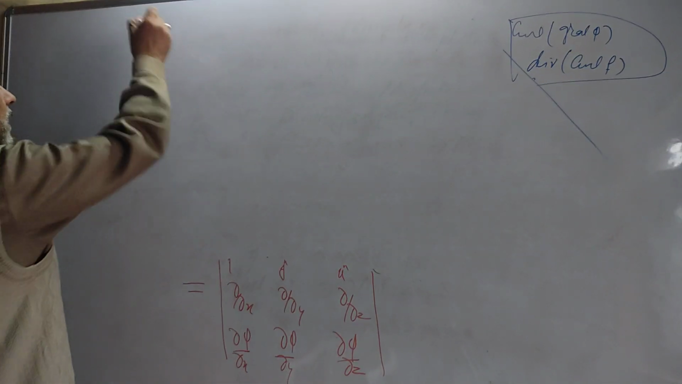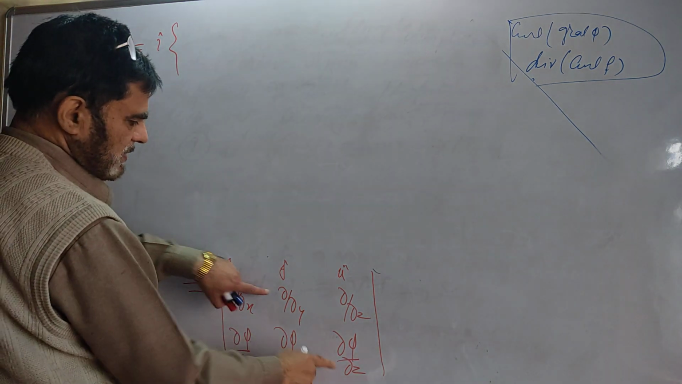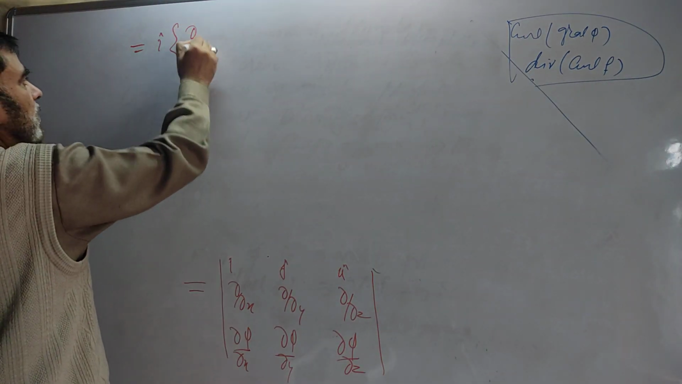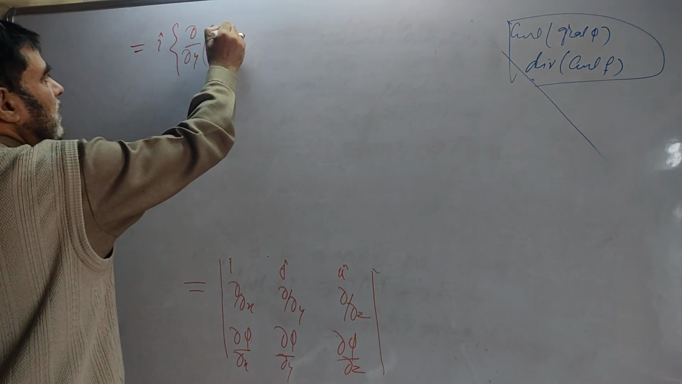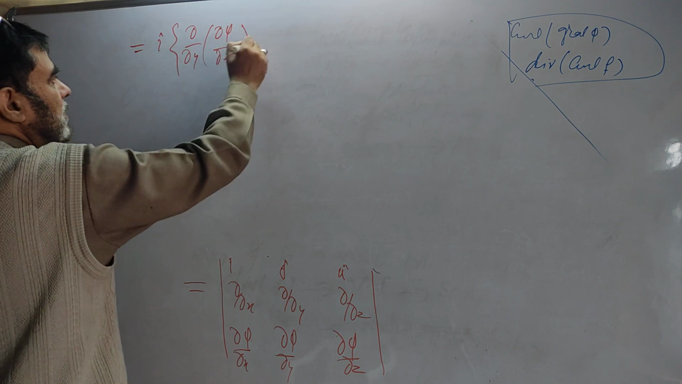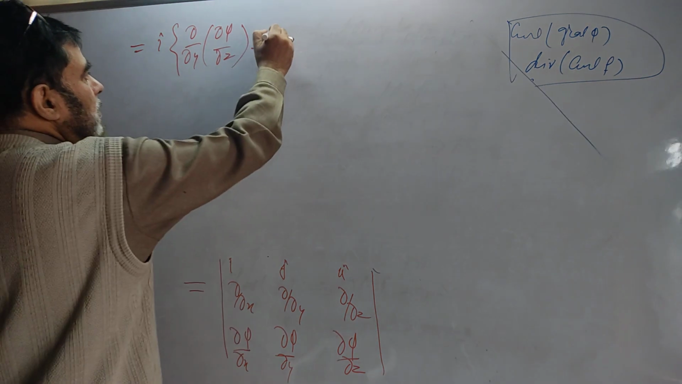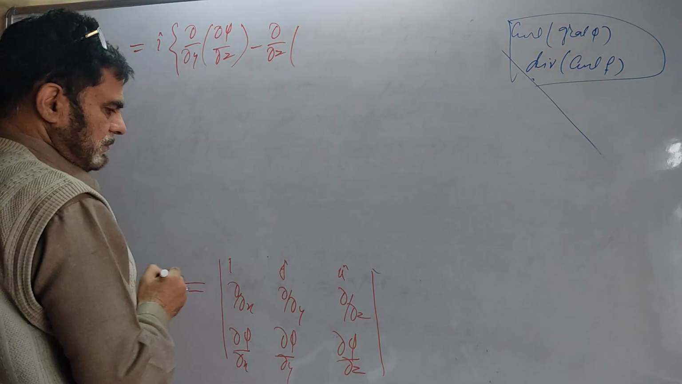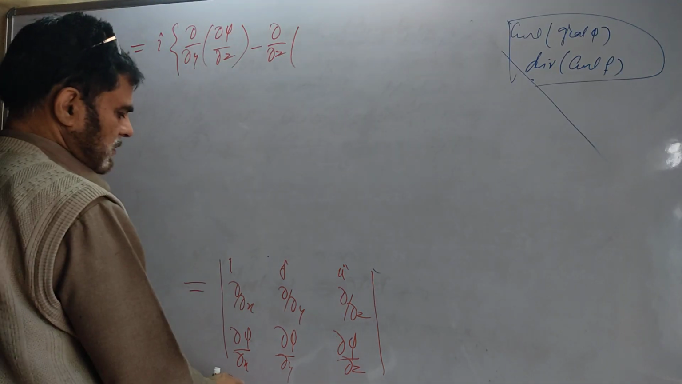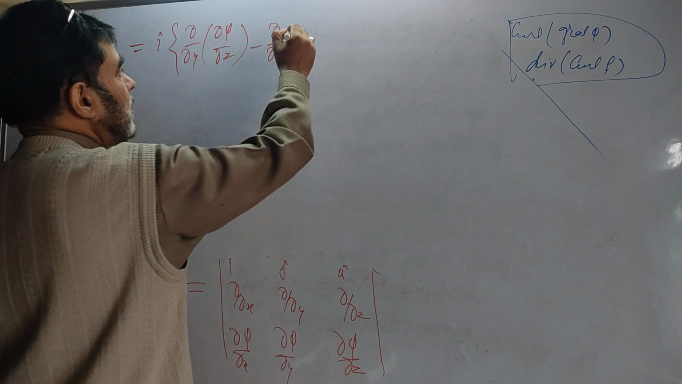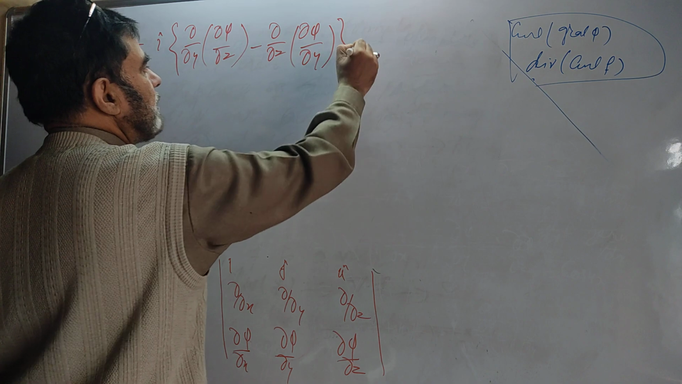We evaluate it by the determinant rule. It is i times, this with this, dou by dou y of what? Dou phi by dou z, minus dou by dou z of, delete this row, this column, dou phi by dou y, then minus j,